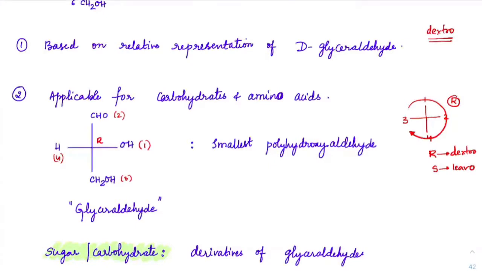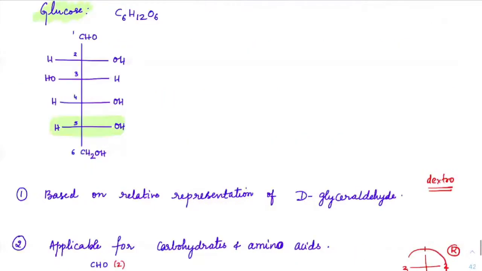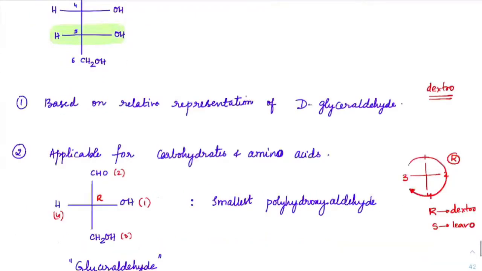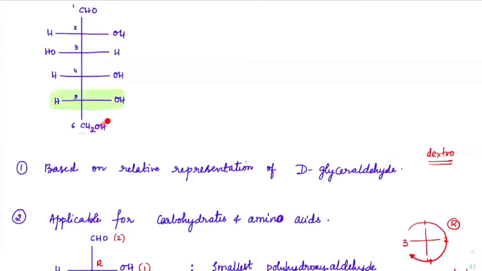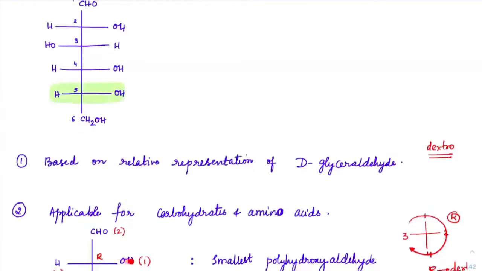Now between these two carbons, see this carbon and this CHO carbon, if at all I keep adding more number of CHOH, CHOH, CHOH, CHOH, I will get a family of sugars. Is that clear? So from glyceraldehyde, if I keep adding CHOH, CHOH, CHOH, and keep on adding like this, as many carbons as you add, those many sugars of the family you will get. Which means this glucose, if you observe carefully, is derived from glyceraldehyde only, because these 3 parts are exactly the same here also. So glucose is derived from the family of glyceraldehyde.